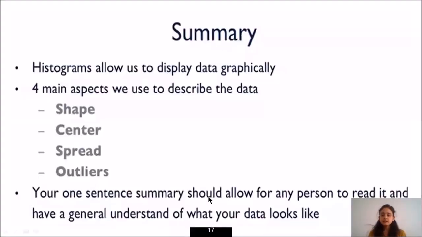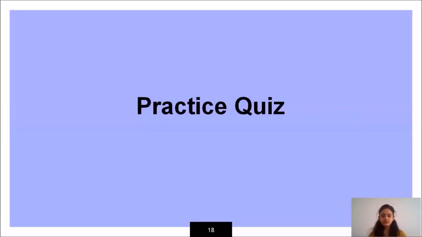Our one sentence summary should allow any person to read it and get a general understanding of what your data looks like. So the histogram is helping people to get a general understanding about the data that we have found from the age column of the loan data set.